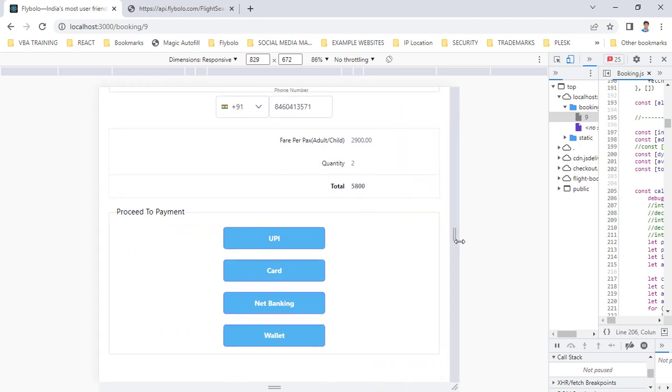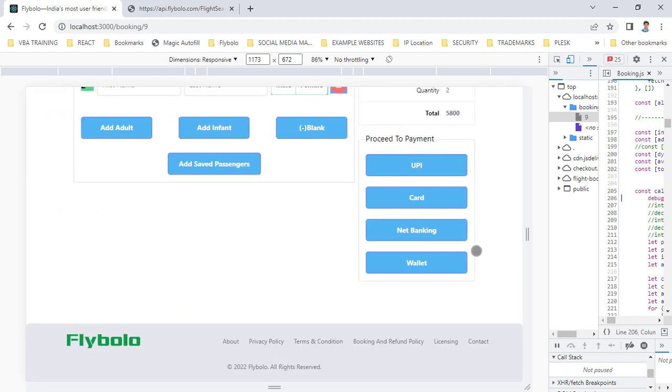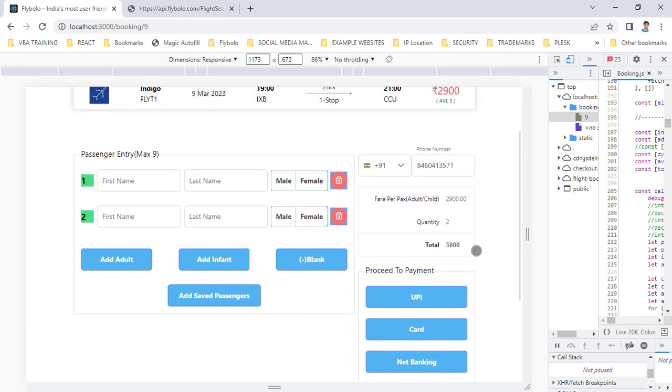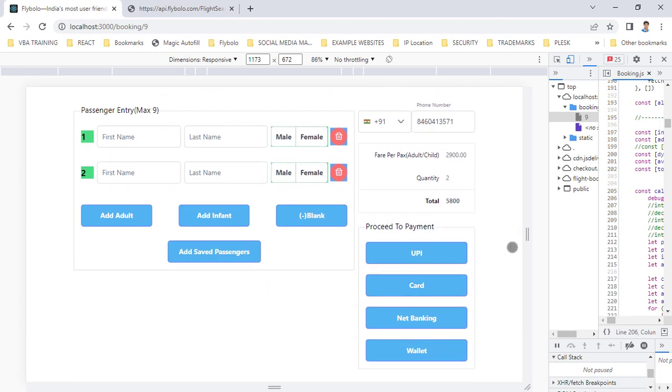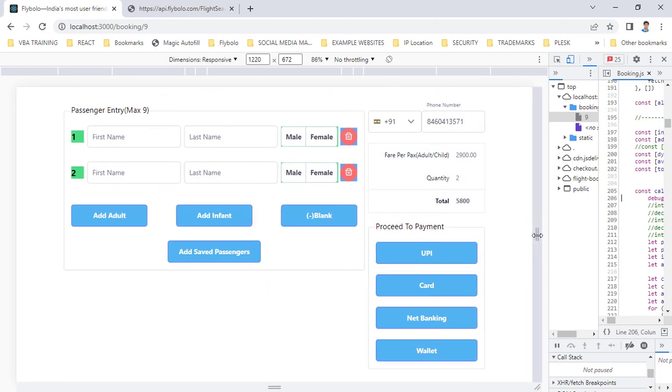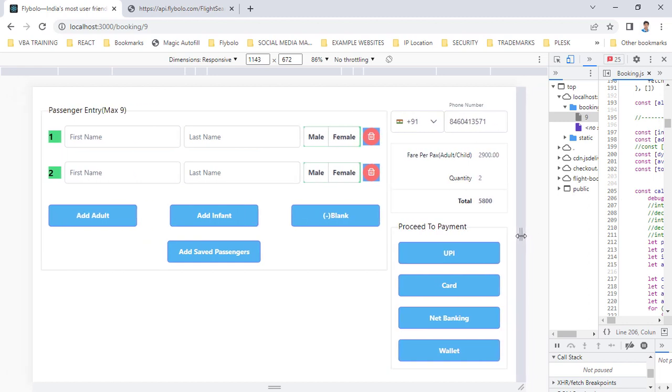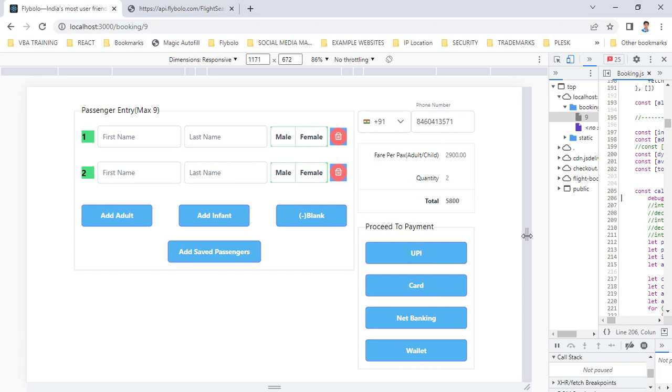Let me show you once again. So this is large screen. So at 1170 there is a breaking point,